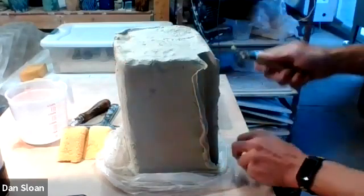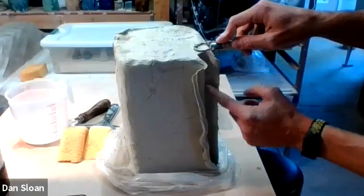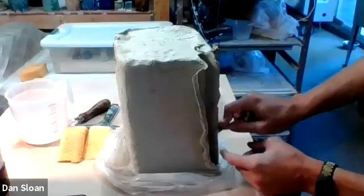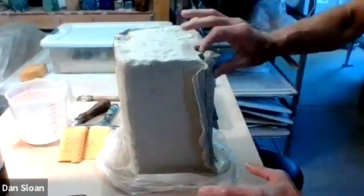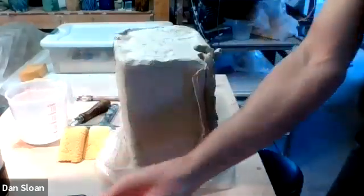I'll do one more for kicks. I'm going to go right next to it, making sure that I don't erupt from this edge. And you can kind of see the tool move through as you go, as you watch it, and pull out at the bottom, roll this back, and then I've got this lovely, perfect slug. So I'm going to